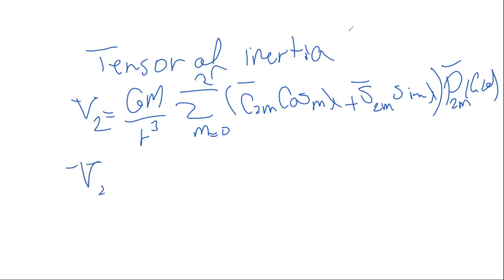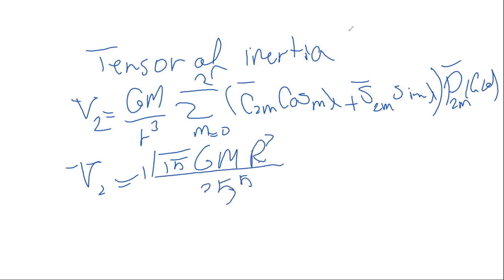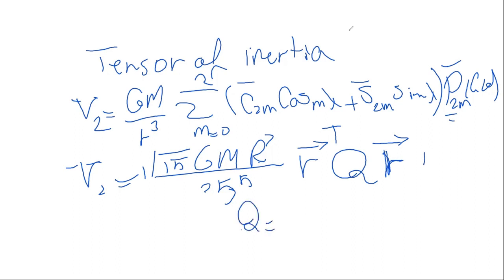It can be written in this form, 15 GM R² over 2 φ. If I put this formula and these things and simplify it, I come to this one. r is a vector, the quadratic form, and this Q is a tensor, and r is the position vector again. This T is transposition. In this quadratic form, the tensor Q will be, if you simplify it, it takes time,